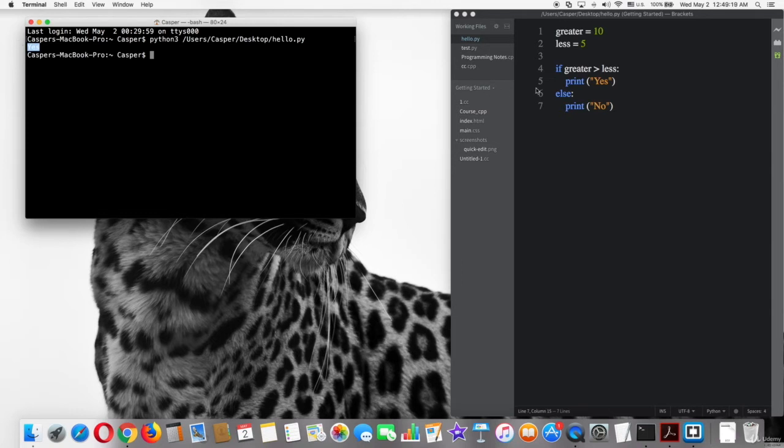Cool. As you can see here, greater variable which contains number 10 is greater than less variable which contains number